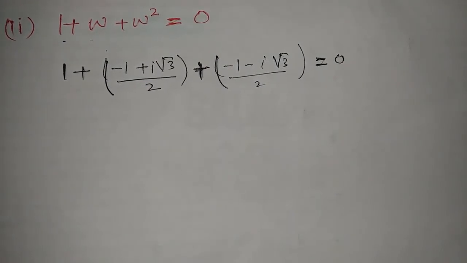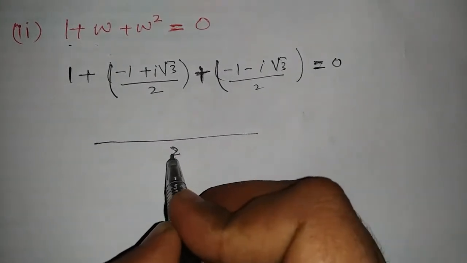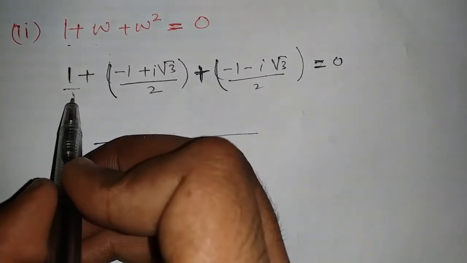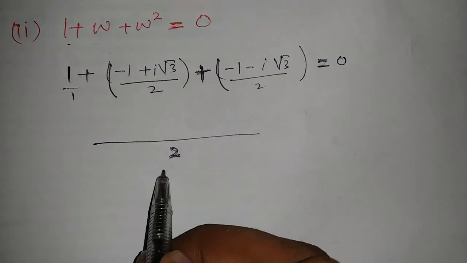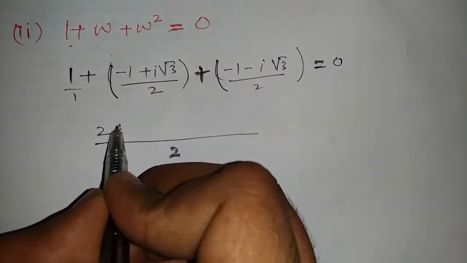So it's a simple simplification. Just take the LCM. The 2 would be the LCM. So here there is nothing, it means there is 1. The table of 1 on 2 is 2 times. So 2 is multiplied with 1, so it will become 2 plus